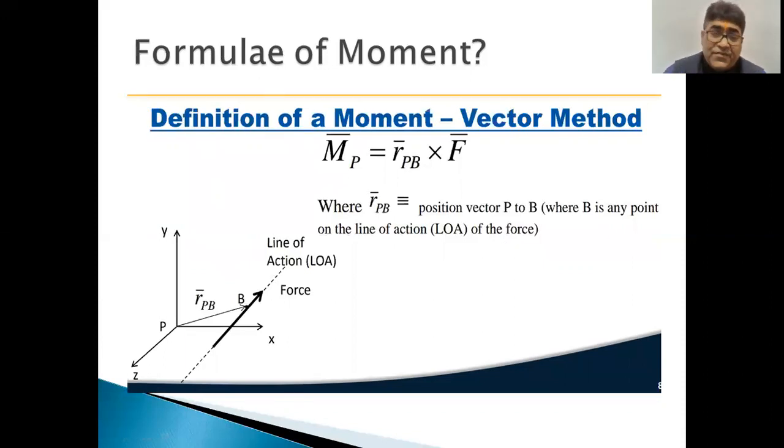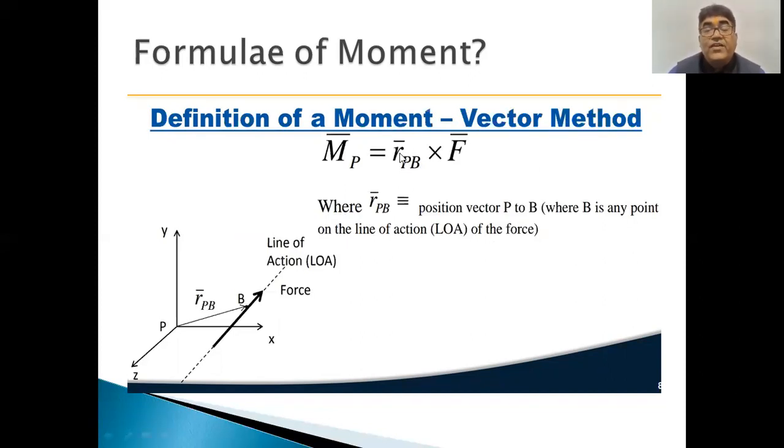But there is one more interesting formula for finding the moment. If we go for solving any problem by the vector method, then we should know the formula of moment in the vector method. It is represented by vector multiplication. As you all know, there are two methods of multiplying vector quantities. First is the dot product and second is the cross product. The dot product is also known as the scalar product, and the cross product is also known as the vector product. So here we will be applying the vector product.